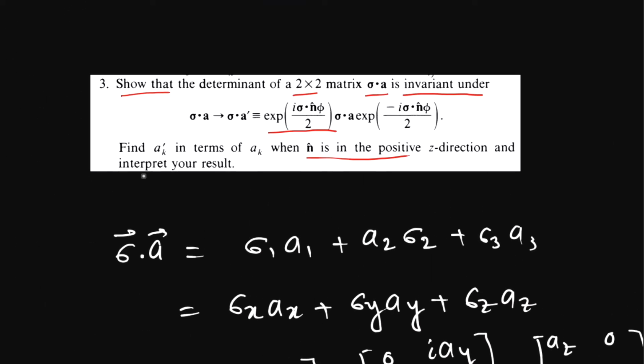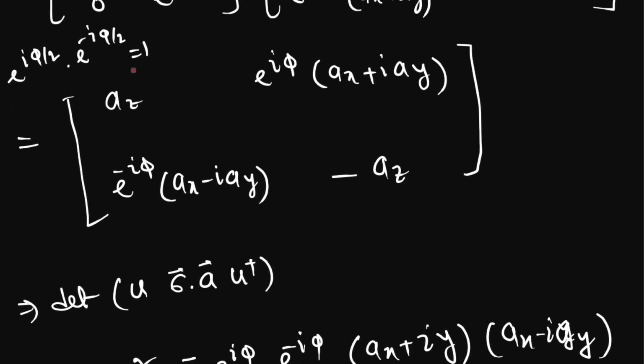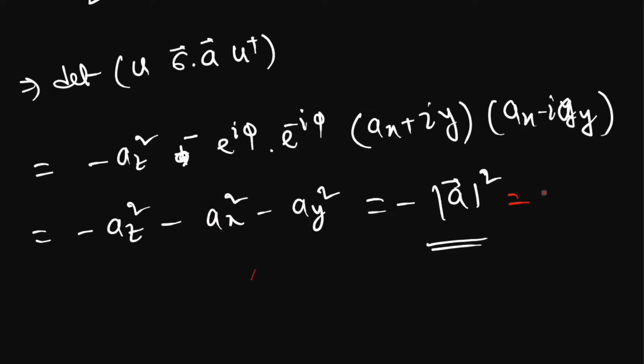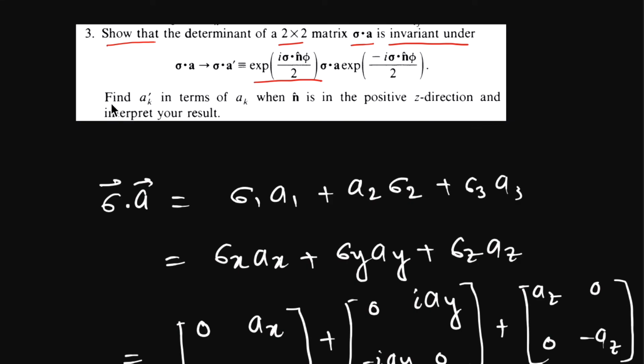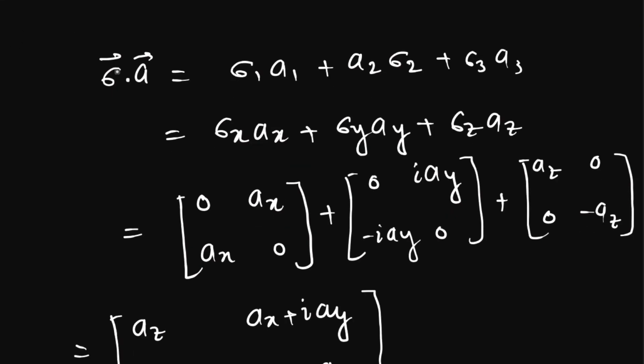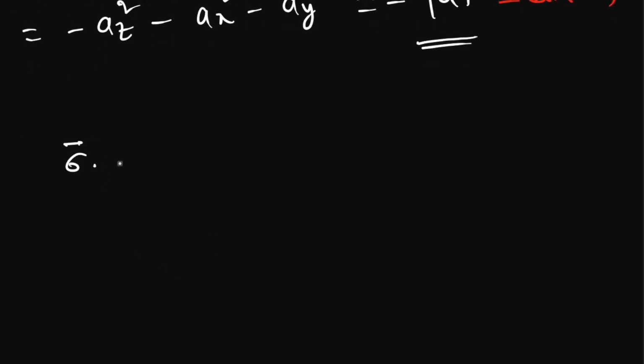So we solved the first part of the question, that the determinant of sigma dot a is invariant. So we have shown that the determinant of sigma dot a is invariant under the transformation, equal to the determinant of sigma dot a. Now let us see the second part of the problem, that is, find ak prime in terms of ak. That means let us see that sigma dot a prime is equal to